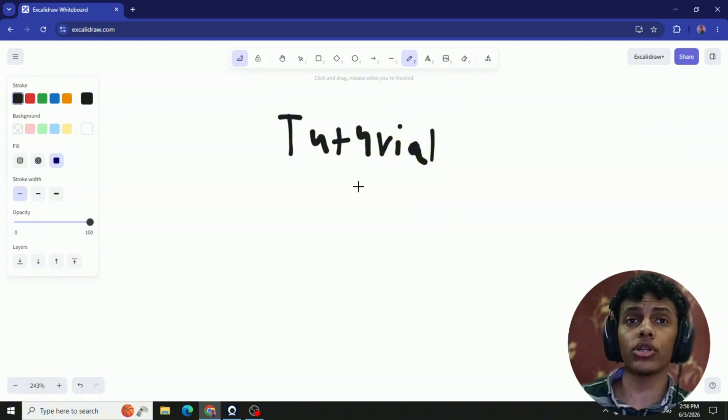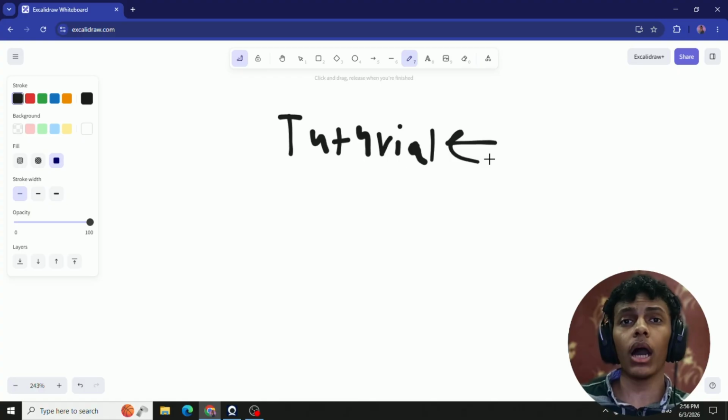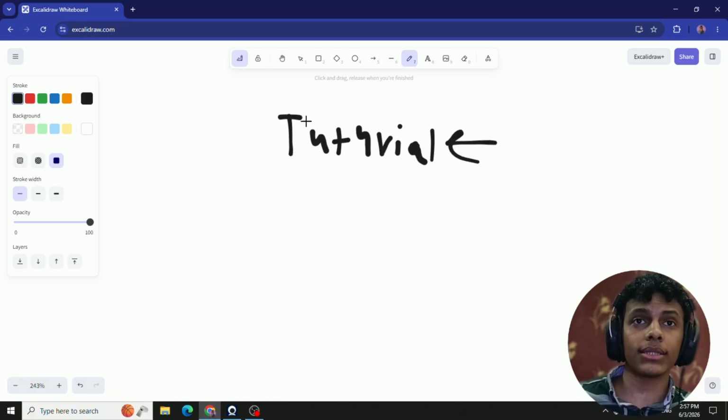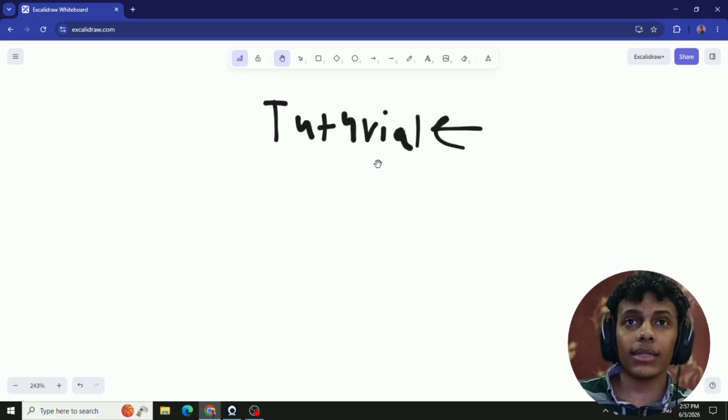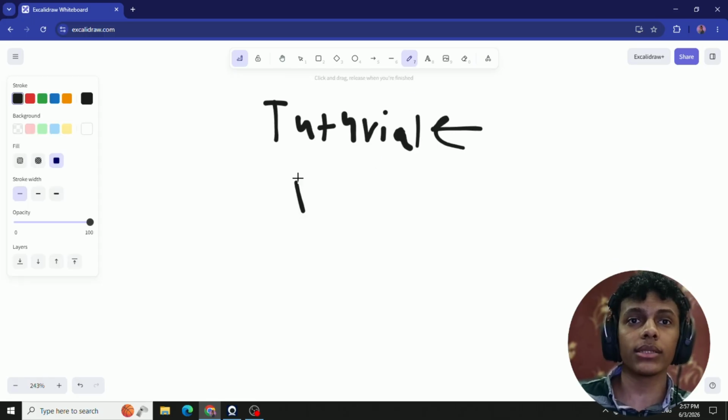So first you will find a tutorial, and this tutorial is just an application in the field that you're learning, whether it's front end, back end, or anything else. But what you do is that you will practice while you're watching the tutorial.